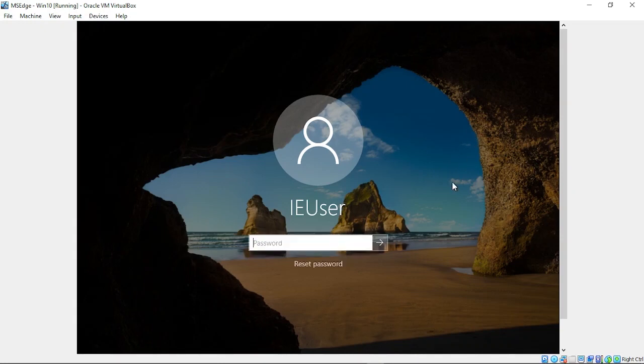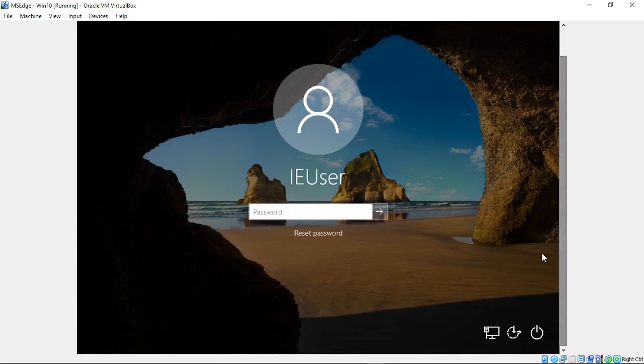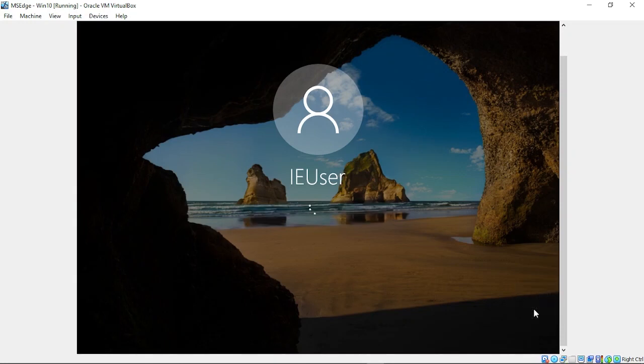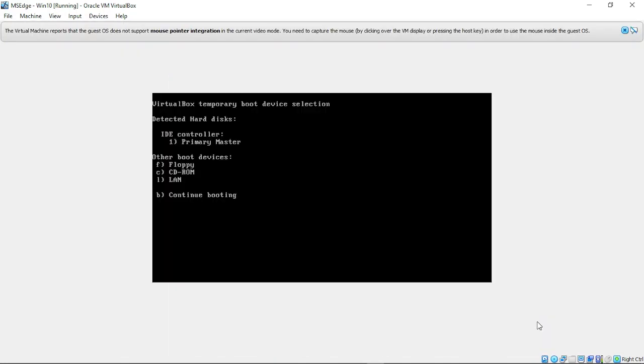I'm going to change the boot order. Go to Power and click Restart. To change the boot order in VirtualBox, you have to press Fn and F12. I've given the restart.